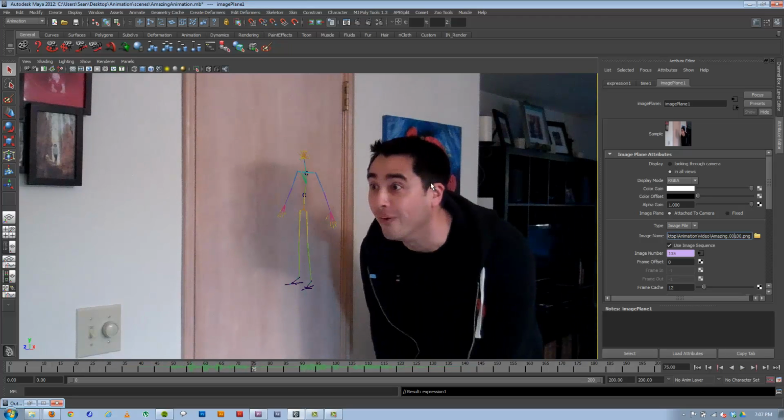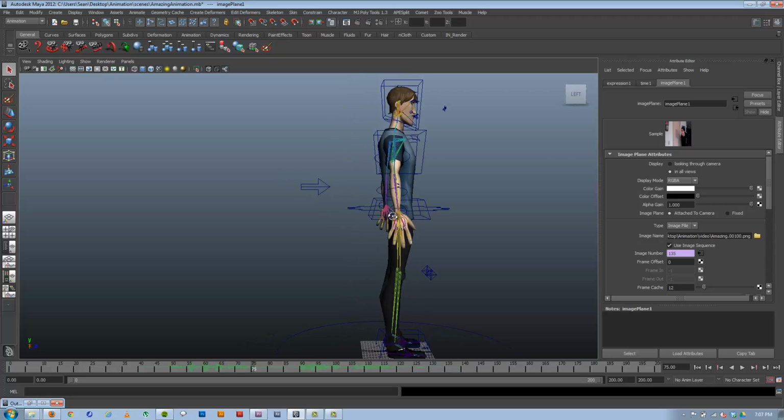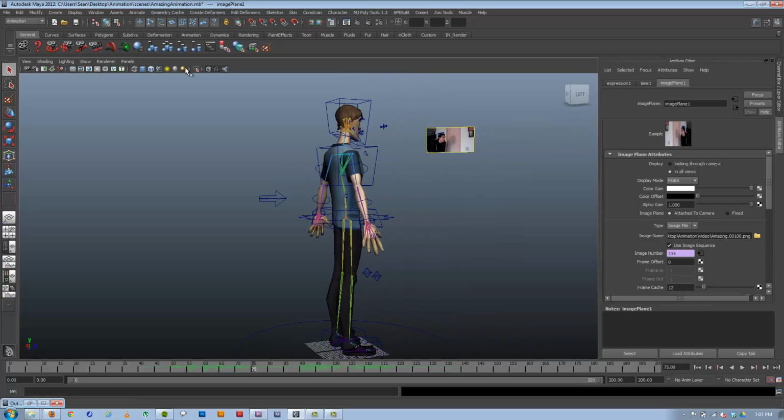So now we got our video and our audio lined up, but you'll notice when I added the video, our mesh kind of disappeared here. And it didn't really disappear, it's just hidden behind my camera point. So I'm going to go back to my perspective camera. Here it is. There's my perspective camera. And my camera is actually somewhere behind that image plane. So what we're going to do is,